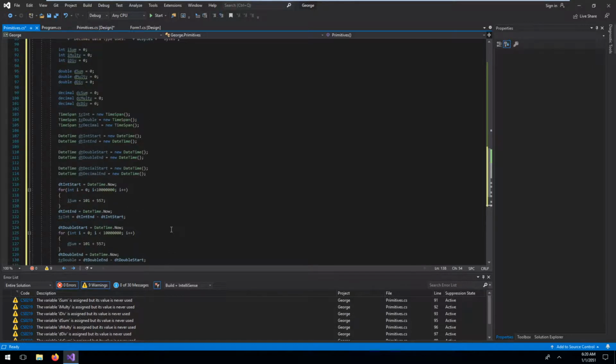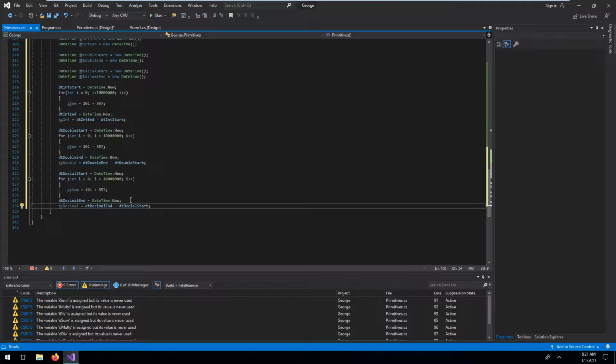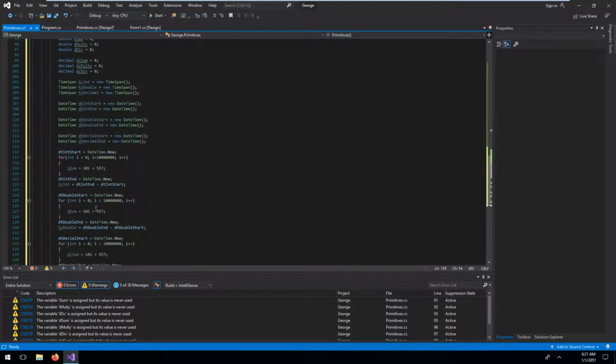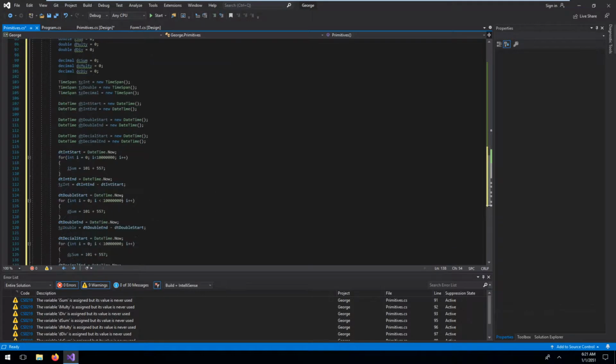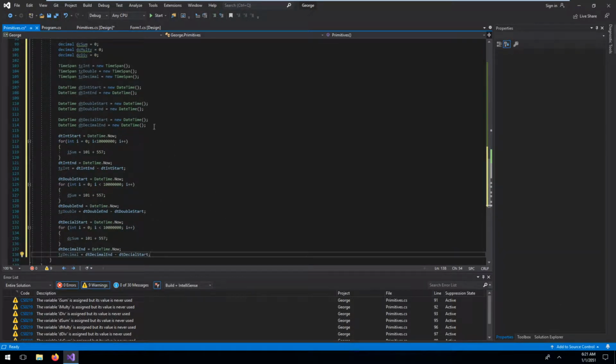So, okay, now we have set up the calculations and we set up a way how we can find out how much time it takes for each calculation to take place. But we want to show this on the screen. So we can show this on the screen by